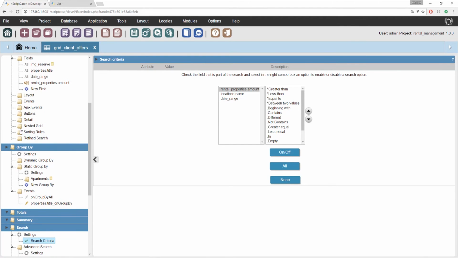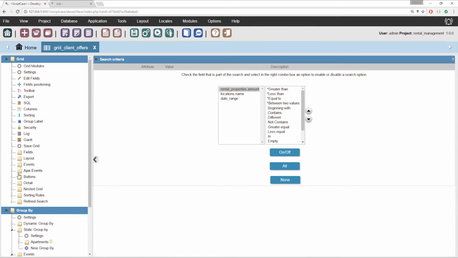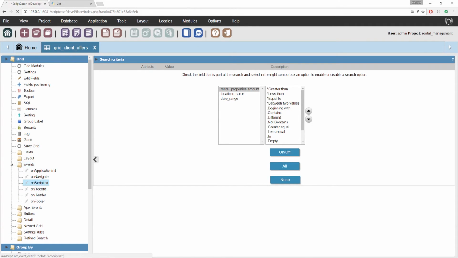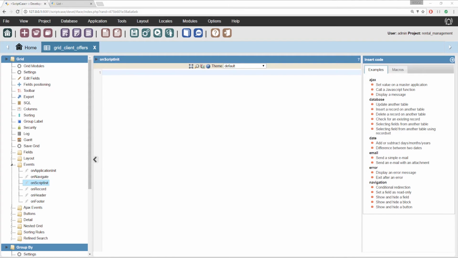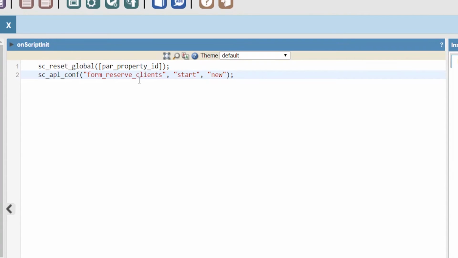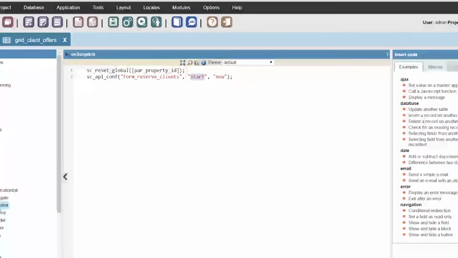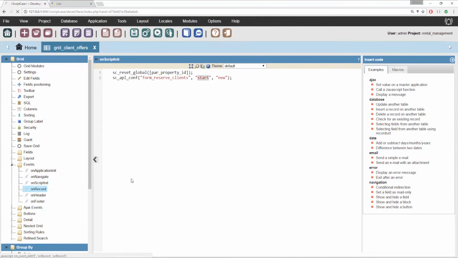Doing this, I also need to place a couple of coding. Actually, I'm going to place coding now in the events of the grid application. In the events on script init, I'm going to place this code right here, which basically I'm going to reset a global variable that I'm going to be using called par property ID, and a form reserved client is going to be programmed to start as a new record. And in the on record, I'm going to use this code right here,